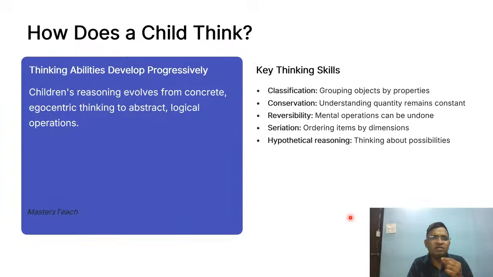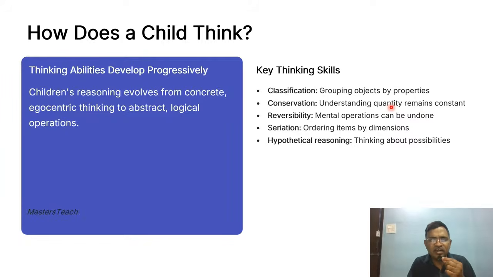Then here, how does a child think? Is the thinking ability developed progressively? So a child's reasoning evolves from concrete, egocentric to abstract, logical operations. So key thinking skills are like classification, grouping objects by properties, then